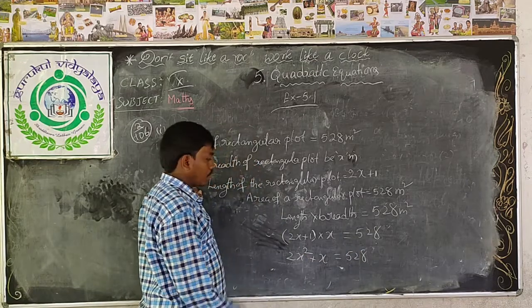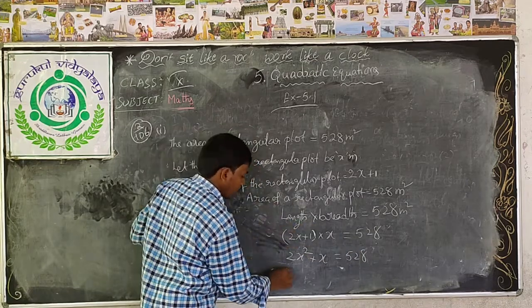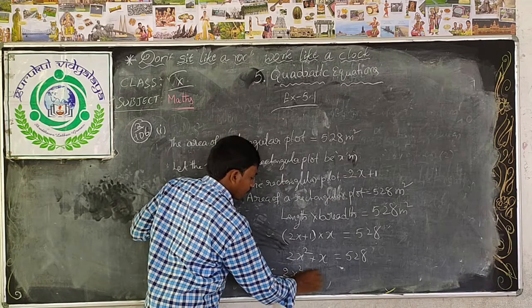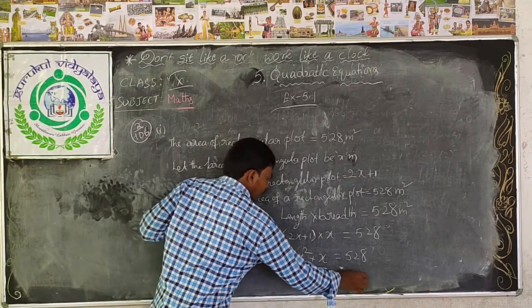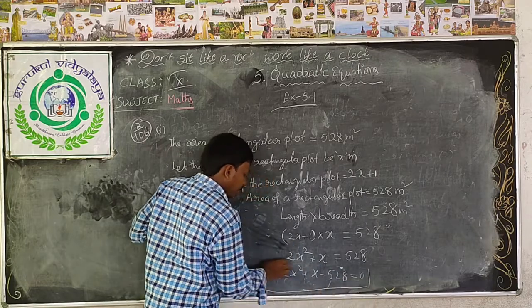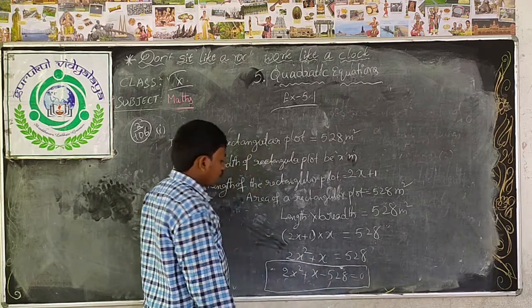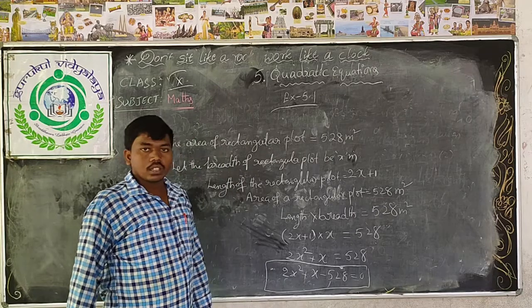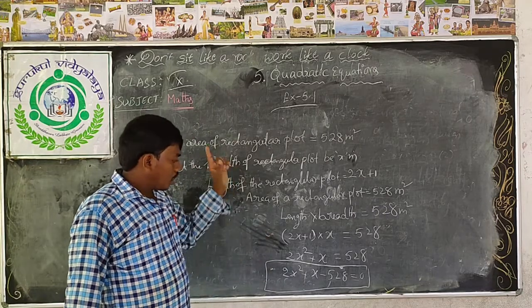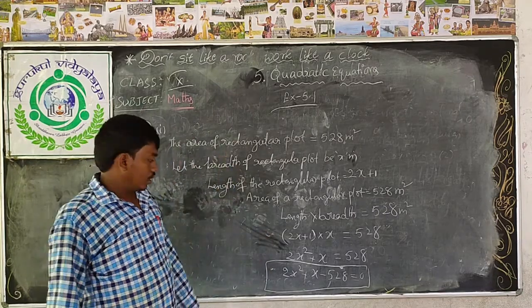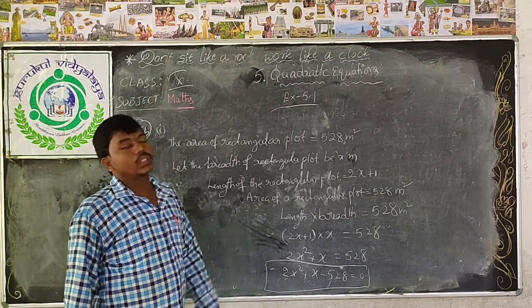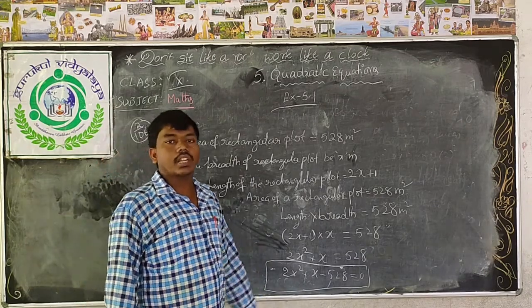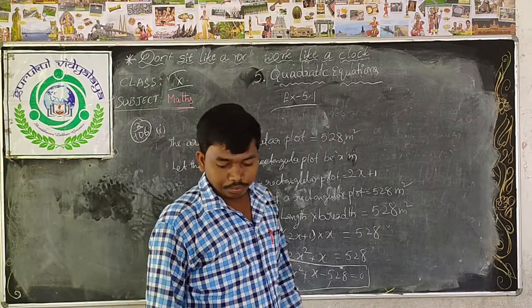Okay, write the general form. 528 transposes to the LHS: 2x square plus x minus 528, which is equal to 0, since 528 comes to this side as minus 528. So this is the required quadratic equation of the above situation: 2x square plus x minus 528 is equal to 0. This is the required quadratic equation. Next,